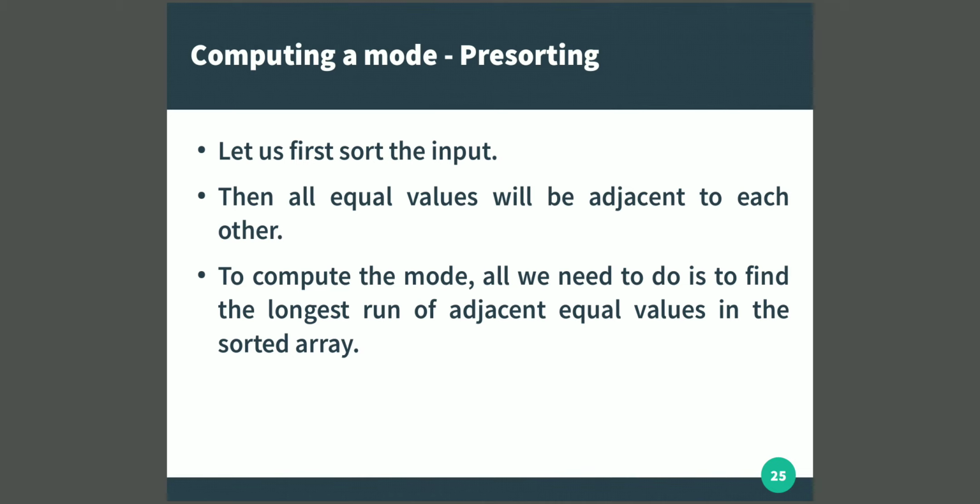In a sorted array, because there are duplicate elements, there could be several adjacent elements that are equal, and I want to find a longest run of such adjacent values that are the same, and the element which is having such a longest run happens to be the mode. So this is the idea of pre-sorting.